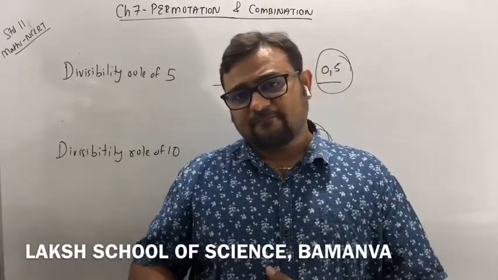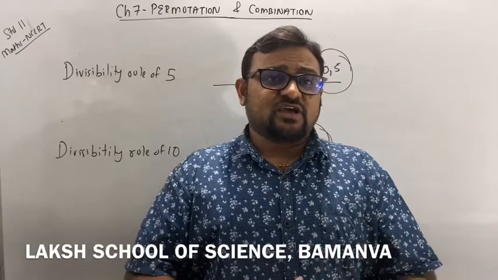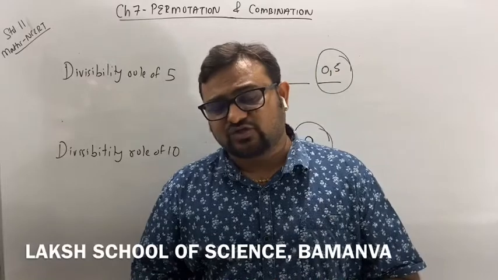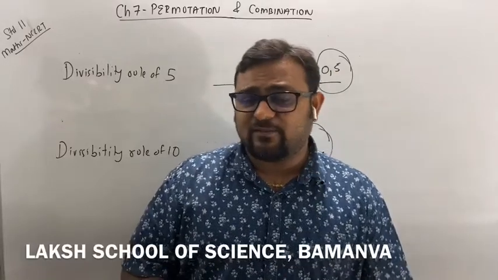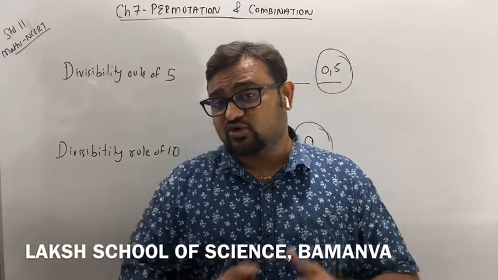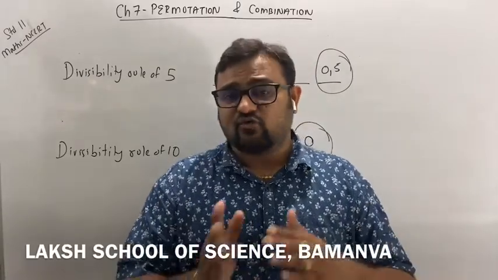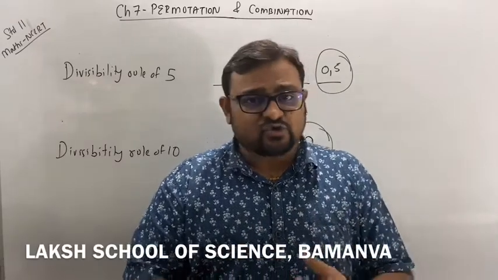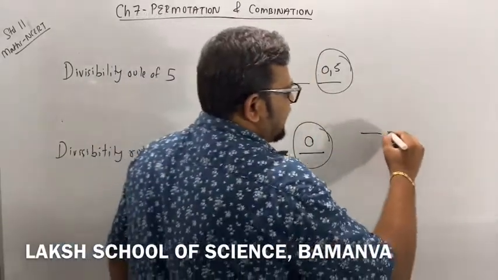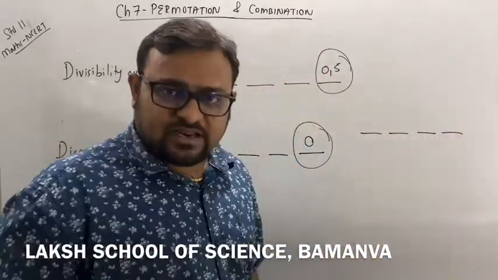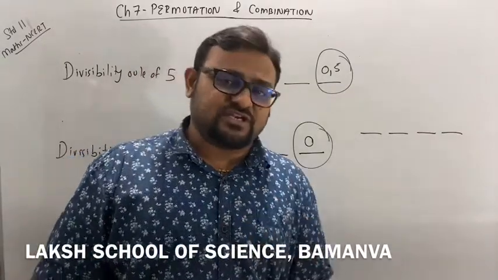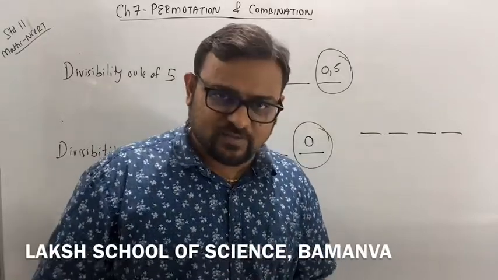Clear? Okay. So now, if a number plate of a two-wheeler includes four digits, how many possibilities are there? At that place, you can have 0001, 0101. You can use any number if there is a number plate. In a four digit number plate, you can place any numbers. The question might be asked like, if a number plate is formed in four digits, then how many numbers are possible?